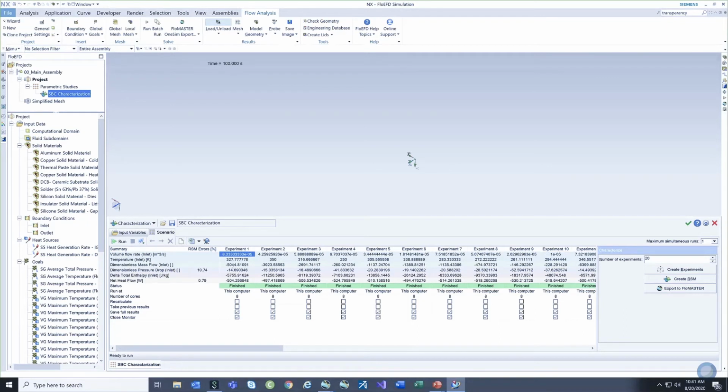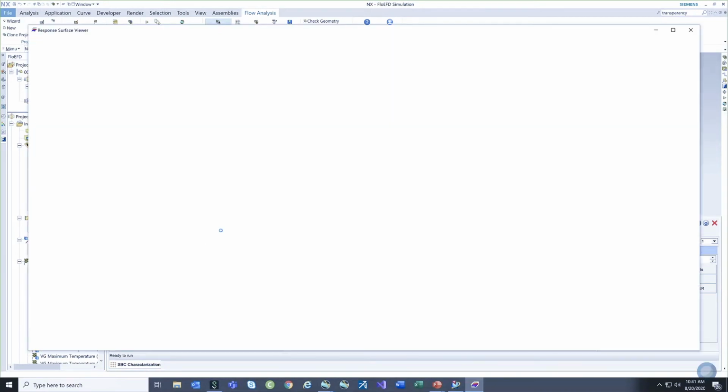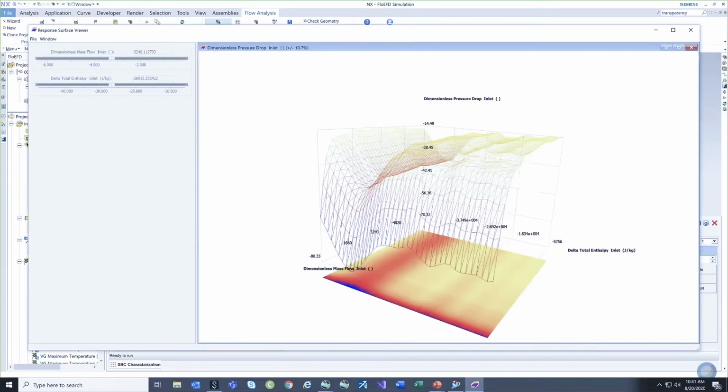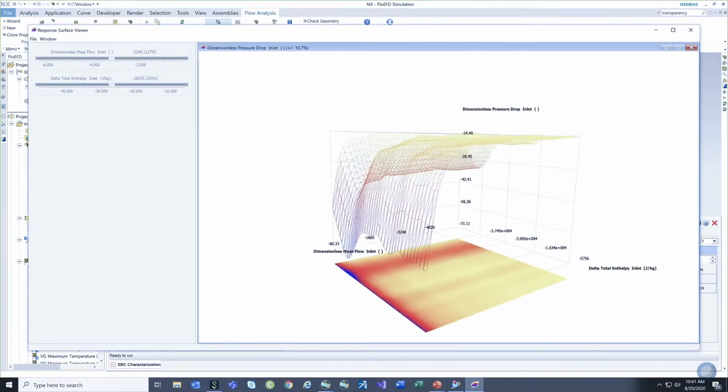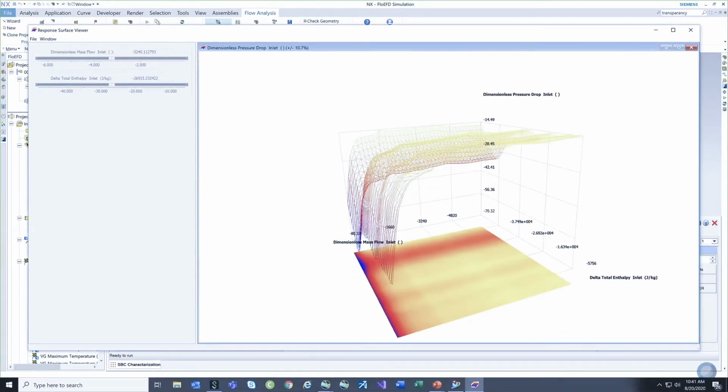And what we've done is automatically tabulated the results necessary for Flowmaster. That is temperature, dimensionless mass flow, which is really Reynolds number, a way to look at that. And we call it dimensionless mass flow because it has a sign, and you don't really think of Reynolds number as having a sign. And then dimensionless pressure drop, which is actually just loss coefficient. And then we also look at enthalpy and net heat flow, right? And once that runs, what we can do is create a response surface model from that. And if we wanted to view that response surface model, we could view it